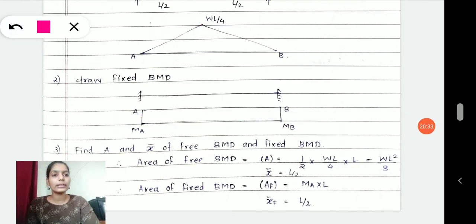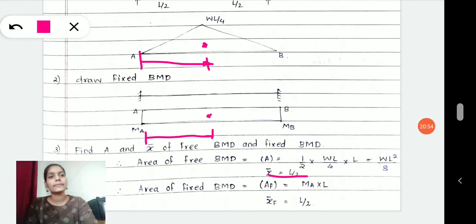Now I am talking about the x. X is what? Centroidal distance in horizontal direction. My shape, triangular or rectangular, must have its centroidal place. Now I want a horizontal distance of it. What will be the horizontal distance? That you have to know. For different shapes there will be different dimensions, or we can say different x distances. The centroid has its fixed place according to the shape of your body or object, right?